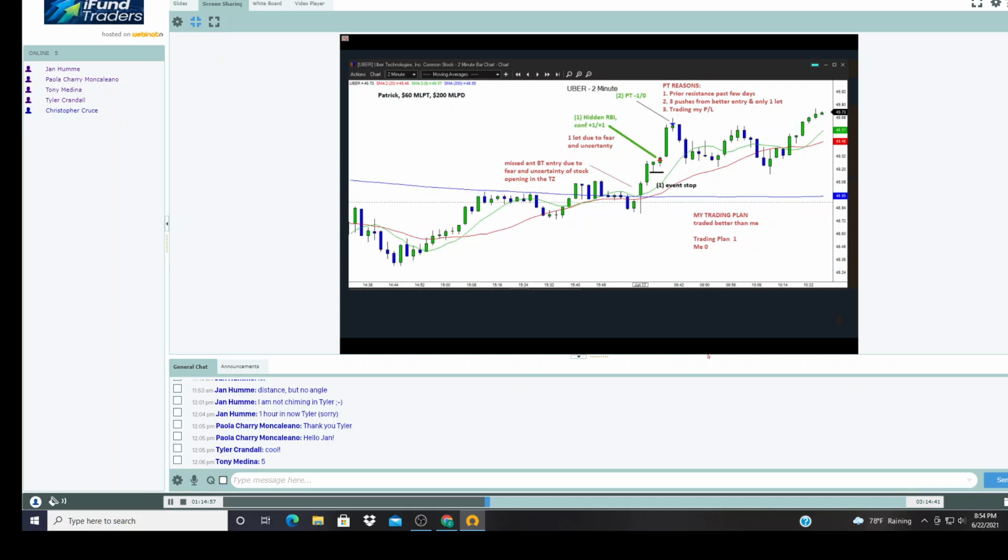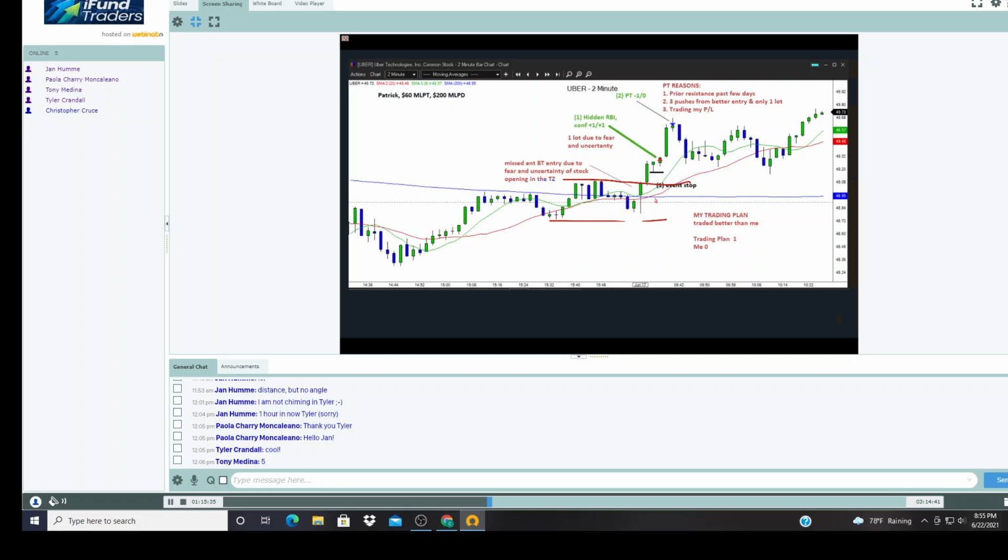Next one is by Patrick on Uber. And Patrick is also here using a $60 max loss per trade. You're welcome, Andrew. $60 max loss per trade on Uber. And let's see. This is the first bar of the day, I assume. So that means that the Fab4, it's always good to draw that in, Patrick, in your journal. So I would say that this is your Fab4, okay? And, oh, sorry, taking it off here. Okay, there it is again.